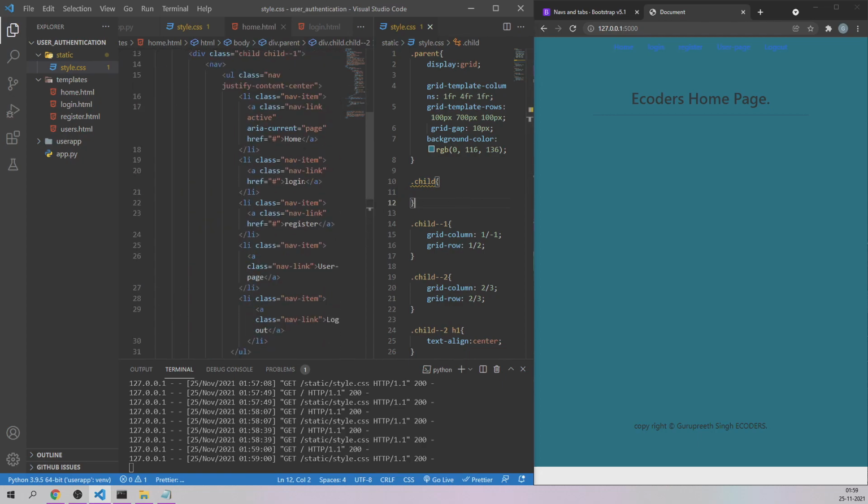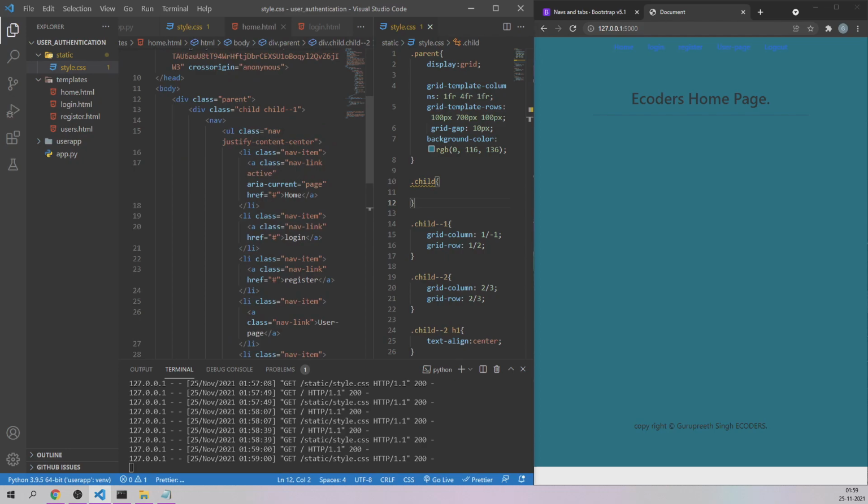Now what we need to do is this entire navigation. Let's give a class name for that. First of all it should act like a navbar, and there is a class name called navbar in Bootstrap, so I'm going to use that. Let me save it. As you can see, right now the color of these list items, each and every anchor tag, we'll have to change into some kind of dark color or light color in order to be visible. But first let's do something like this.